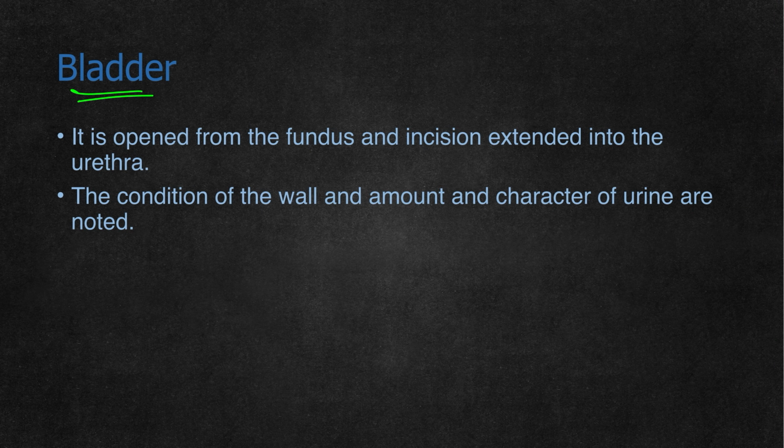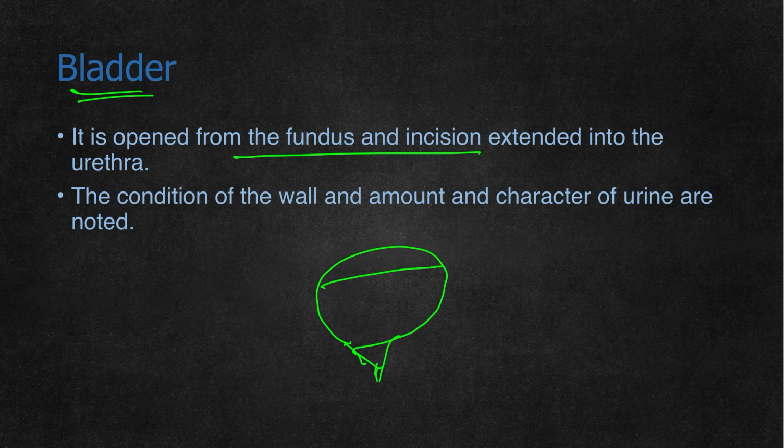Next is the bladder. It is opened from the fundus and the incision is extended into the urethra. Usually the bladder is opened from the fundus area and cut along the walls to completely open the bladder. The condition of the wall and the amount and character of urine are noted, and if a poisoning case